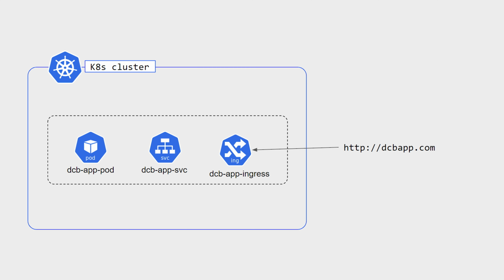But in the real world scenario, we don't want that. We will be calling those internal services or the resources from the Kubernetes cluster using the host name or using your domain name. So if we take the example of dcbapp.com, that is my URL, that's my host name, right? So with that particular host name, I want to call my application. But with the internal service and external service, that is not possible.